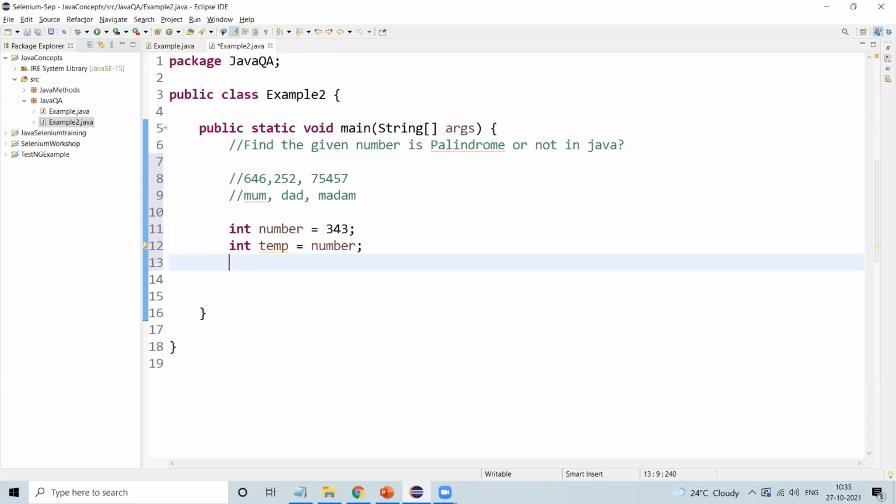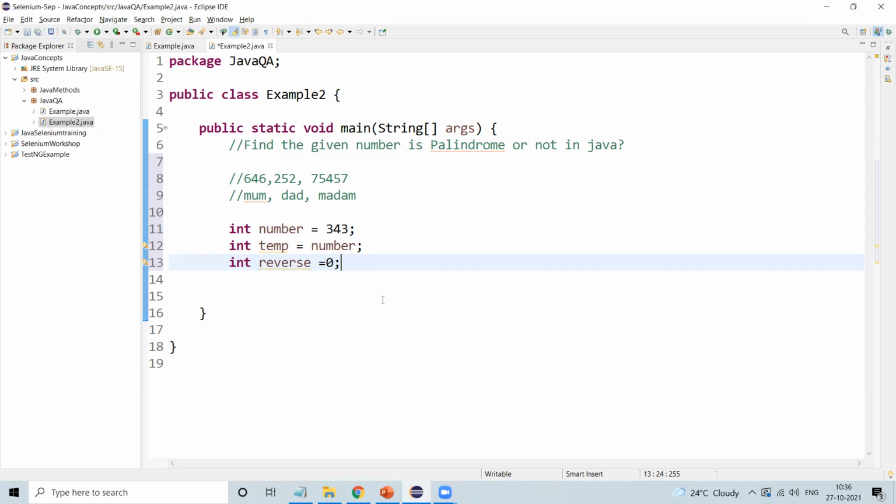Then we need to reverse the number one digit at a time and store it in another variable. For that I can add int reverse equal to 0, initially. The next thing we have to do is reverse the number and store it in the reverse variable. We can achieve this using a for loop or while loop.